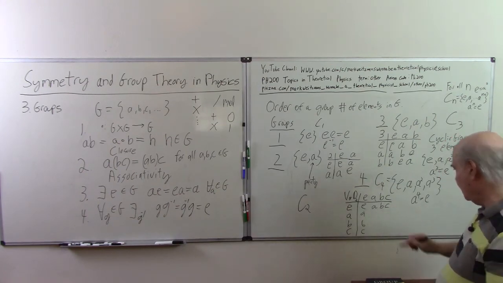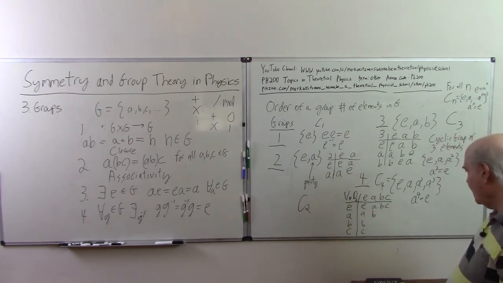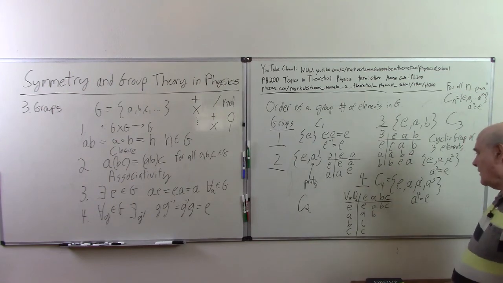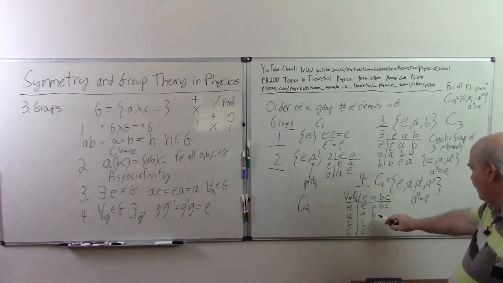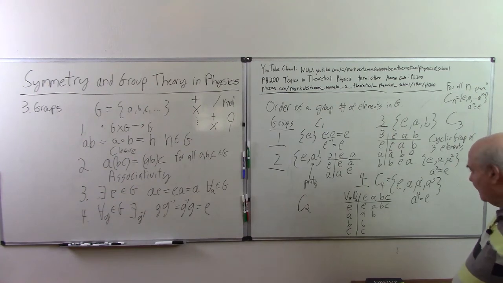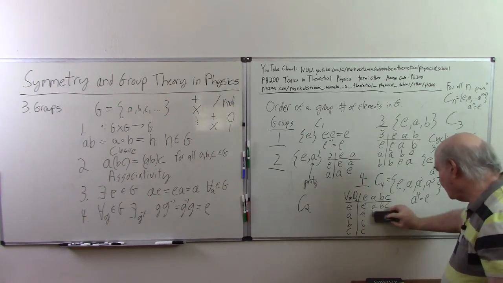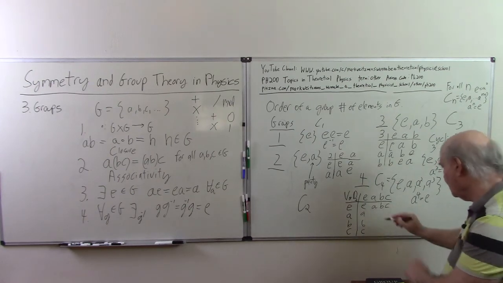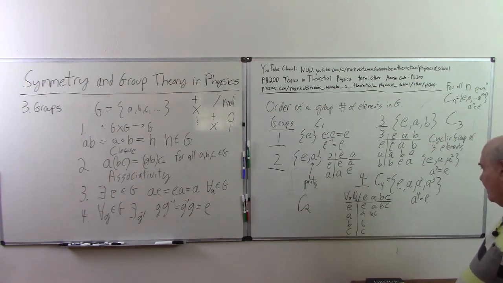Now, if it's B, I'm not going to go through the whole argument, but it turns out if I make this B, I'm going to get the cyclic group for 4 elements. You can work it out yourself, but what you'll see is if this is B, or it could be C, whichever one it is,